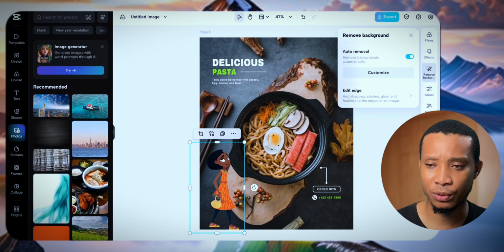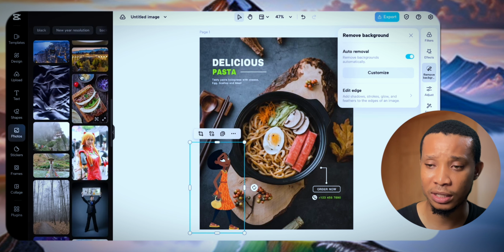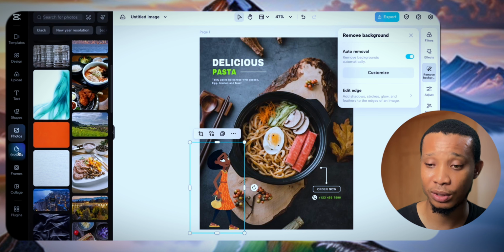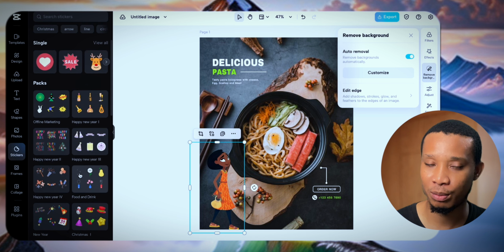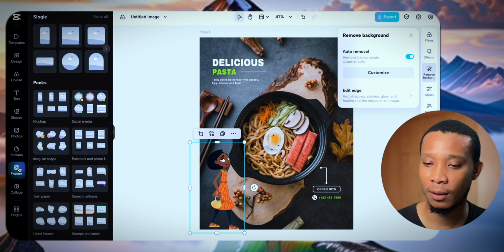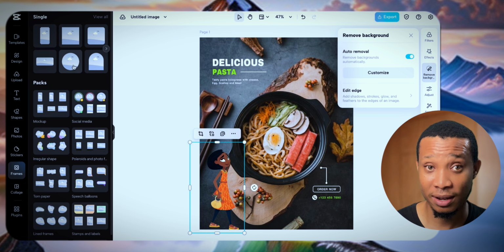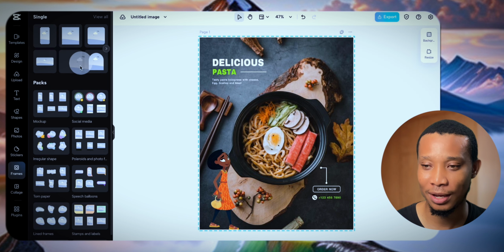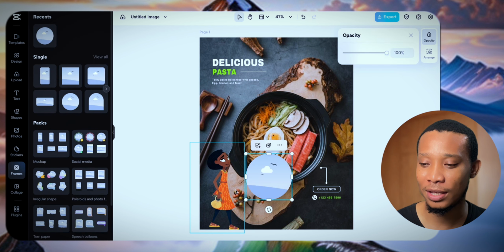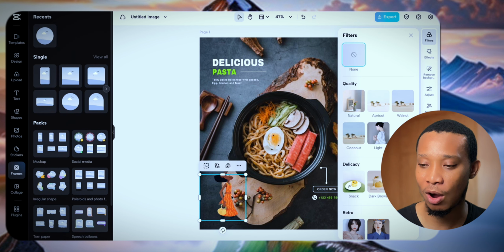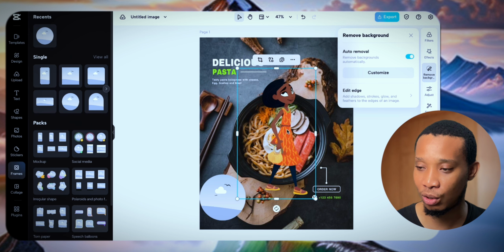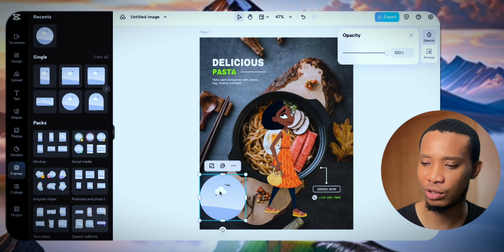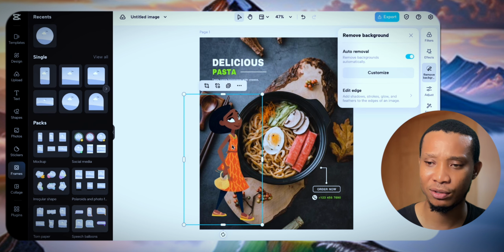So you go down to photos, you have a truckload of photos. You can easily search your database to see if there's any photo you like. Sticker pack, truckload, just like Canva Pro, but everything is free. Then you have the frames, just like Canva Pro, but everything is free. I mean, it's kind of mind-boggling just how much is here, and the interface kind of feels the same. If you're good at Canva Pro, you'd probably get used to this in maybe 10 minutes tops, right?